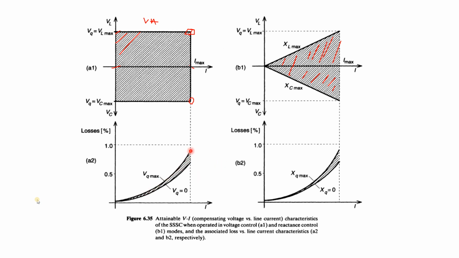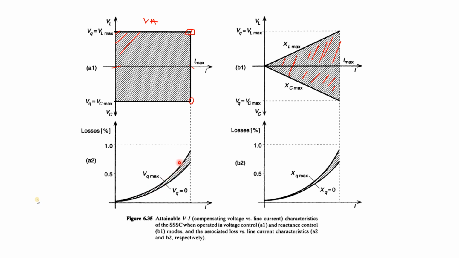So this is the VQ max line. From the VQ max line we can see for which nature of the voltage and current we will get the VQ max line. For the losses, they are only represented by this. This is the loss, because this is the total VA rating, this is the reactance value only, and this is the loss value. The loss value is with respect to power, but it is shown in percentage loss.